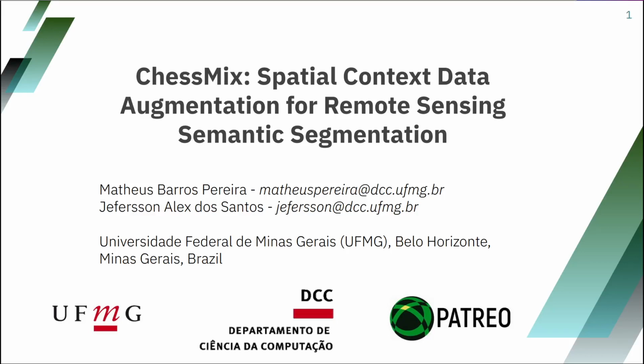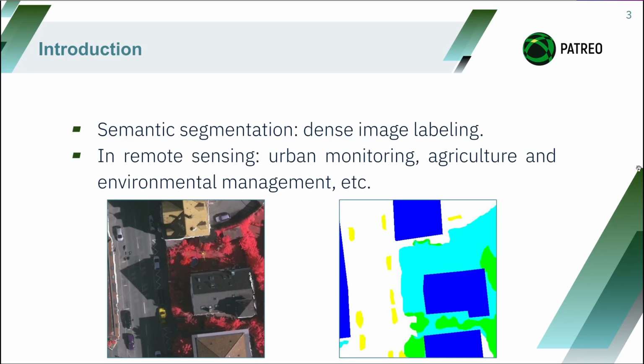Hi, I'm Matheus from FMG, and today I'll present you the paper ChessMix: Spatial Context Data Augmentation for Remote Sensing Semantic Segmentation. So, semantic segmentation is the process of performing dense image labeling, which means we are classifying every pixel